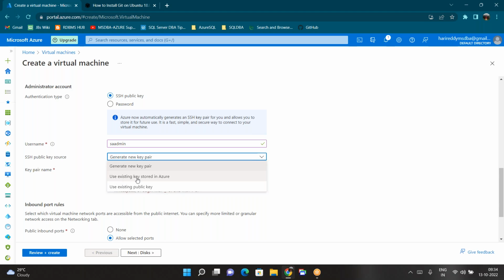You can use the existing key store from Azure. I don't have any key, sir. I need to generate it. So now go and generate it, sir. Now, how can I generate the key? That is a big challenge, sir. I don't have a key, right? SSH key. Now, sir, in Google,